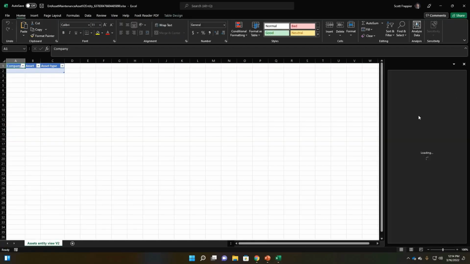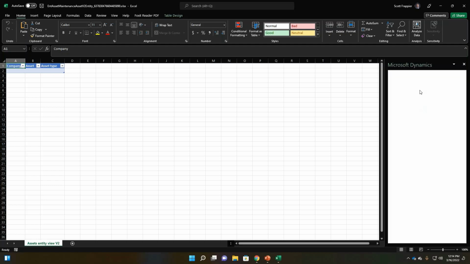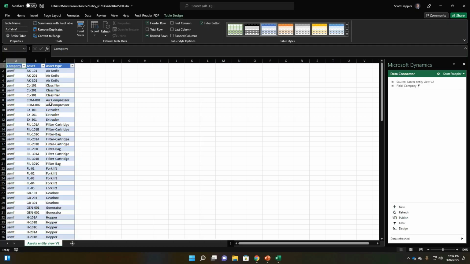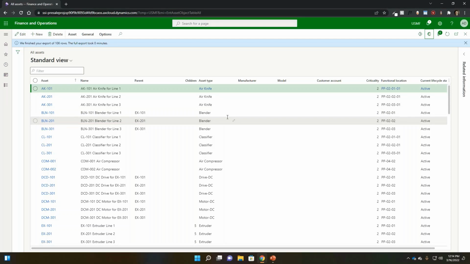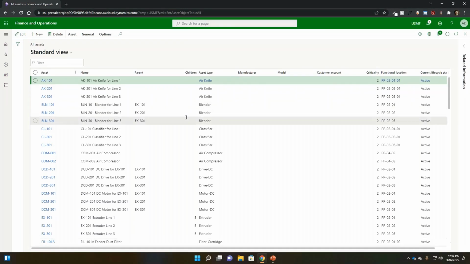This is a quick template that I created for this example, but you can see here on the far right, we've got a connector basically with Dynamics, and what it's going to do is grab all of those assets and allow me then potentially to make changes or updates to it and then republish them back into the environment using all that business logic that we've come to know and love inside of Dynamics. So a really powerful integration capability as part of that really allows for you to kind of then do some of those other